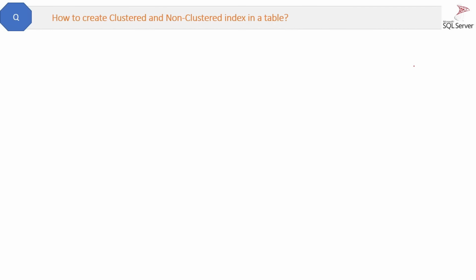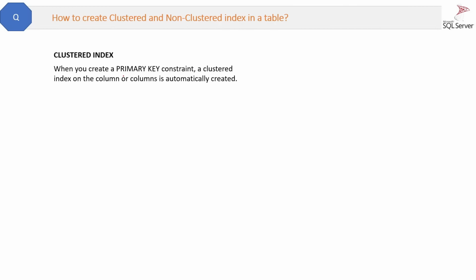How to create clustered and non-clustered index in a table? The first thing about the clustered index is, when you create a primary key constraint, a clustered index on that column will be automatically created. But if you don't want to create a primary key in your table, then how to create the clustered index without the primary key? That is the query here. Create clustered index. You can keep the index name here, the table on which you want to create the clustered index, and the column name on which you want to create the clustered index. So this is the query for the clustered index,